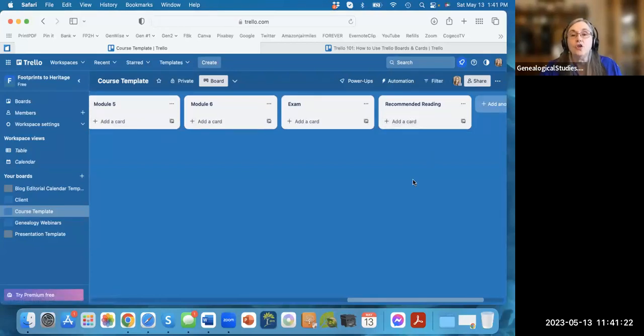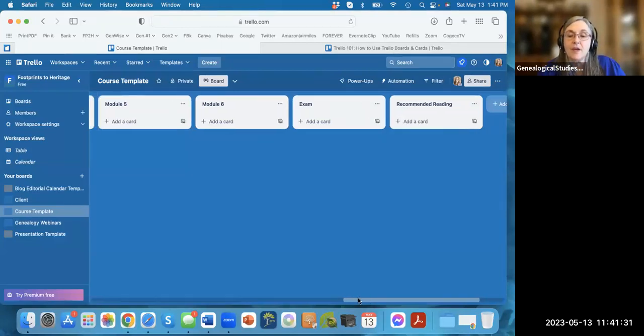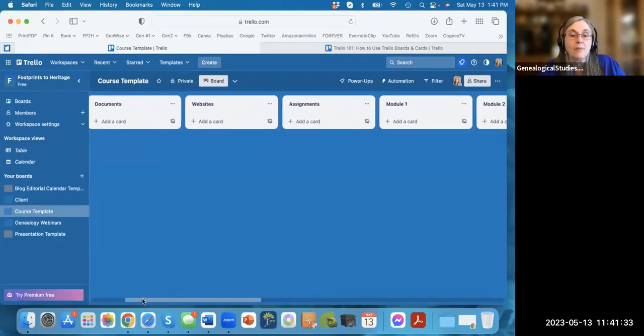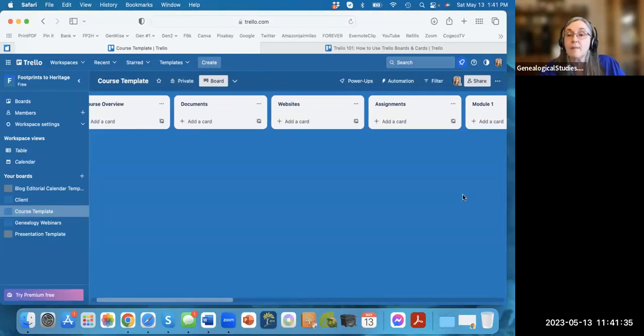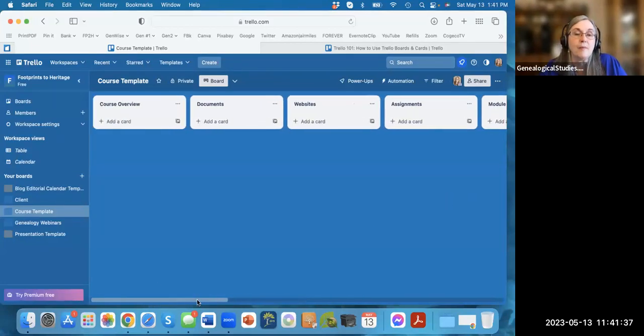And then you can close the board, save it, and if you ever want to go back and find something about that course, maybe a document that you had uploaded here or a recommended reading that you couldn't remember where it was, it's saved on that board in your Trello. Even if you're in Nova Scotia or another country, wherever you have internet, you have to have internet access, you can access those